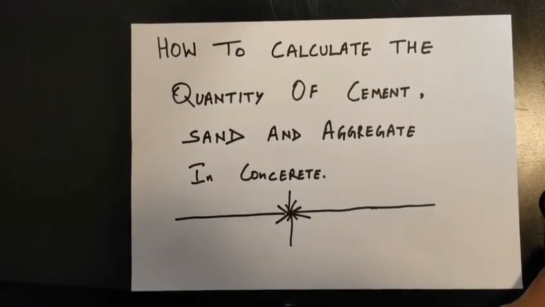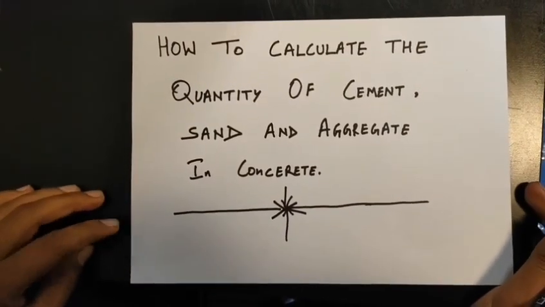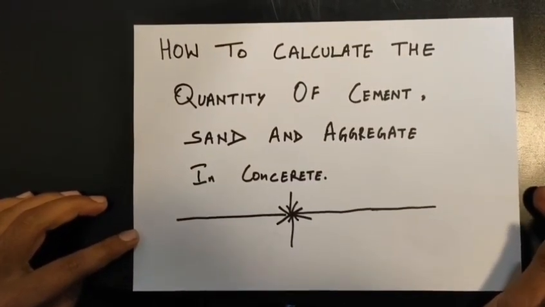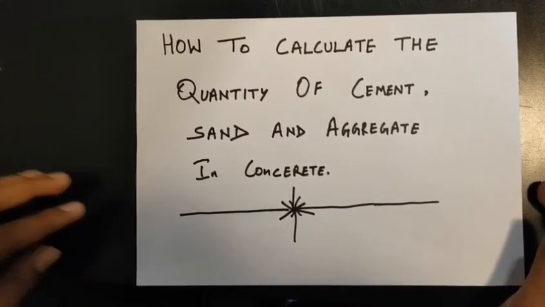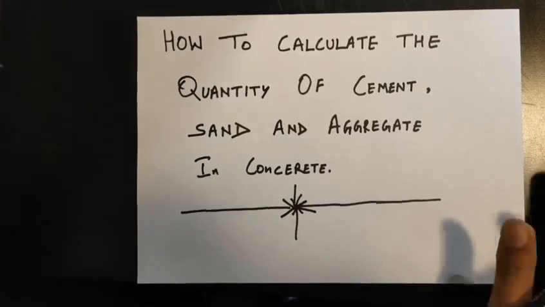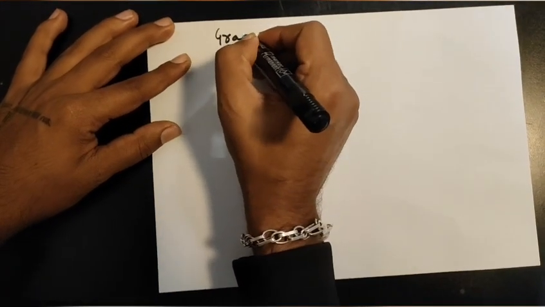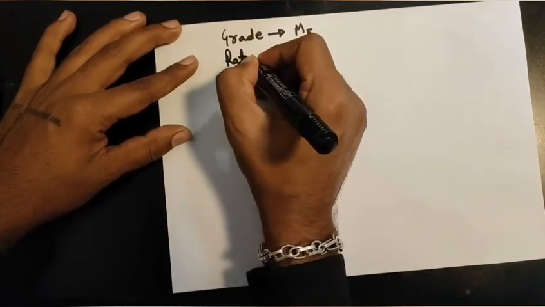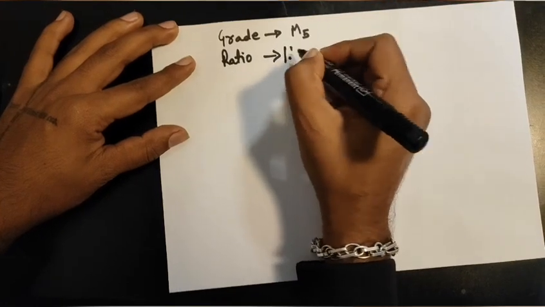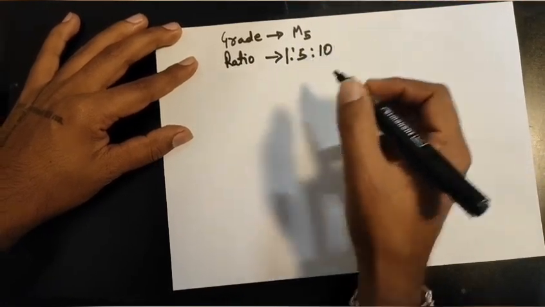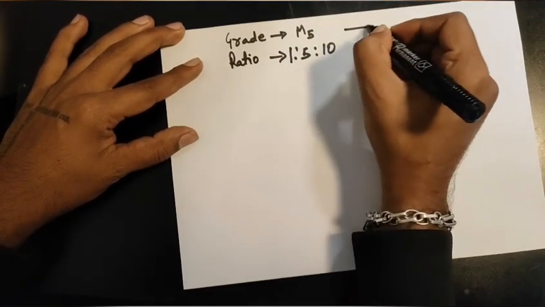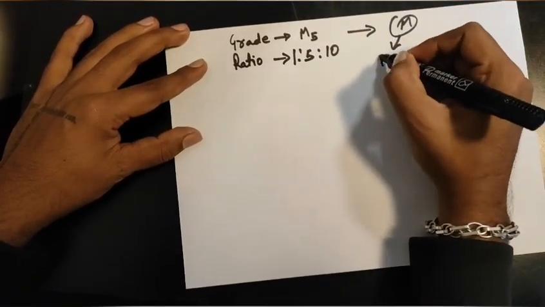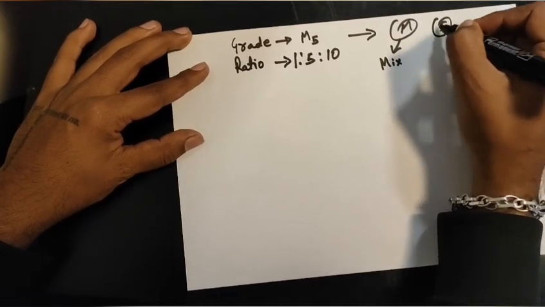So today we are gonna find out how we calculate the quantity of cement, sand and aggregate in any given quantity of concrete. First, I will show you for each and every grade of concrete. Our first grade is M5, whose ratio is 1:5:10, where in M5, M stands for mix and 5 is the